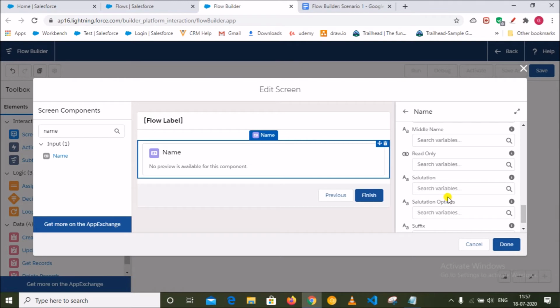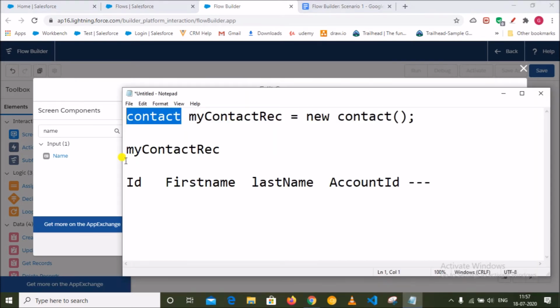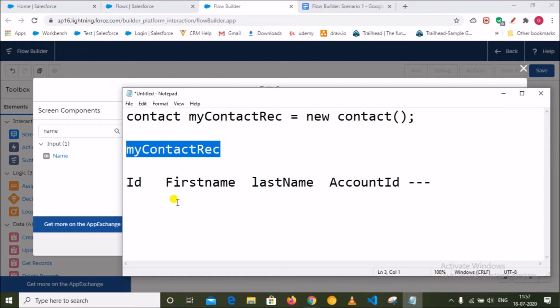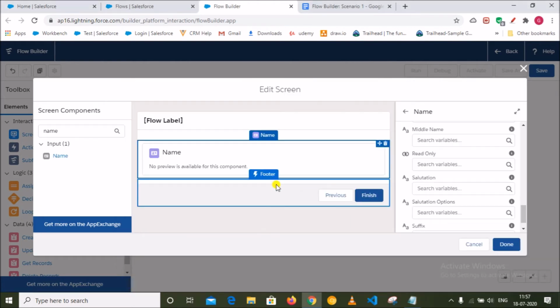So what happened here? Whenever the user types something, it will be stored in my contact record, first name. Let's say the user types test, and the last name is test. That information will be stored here.